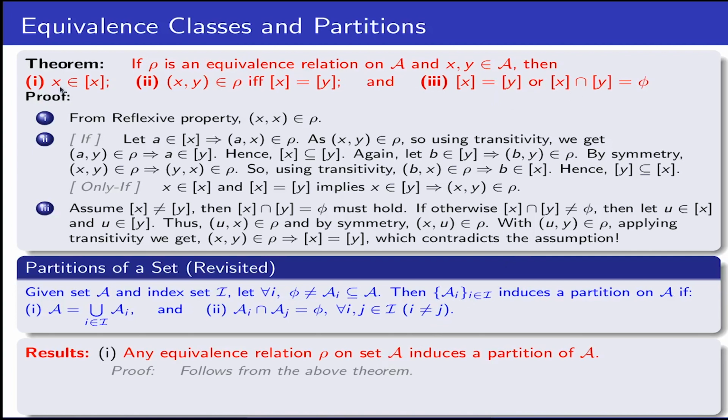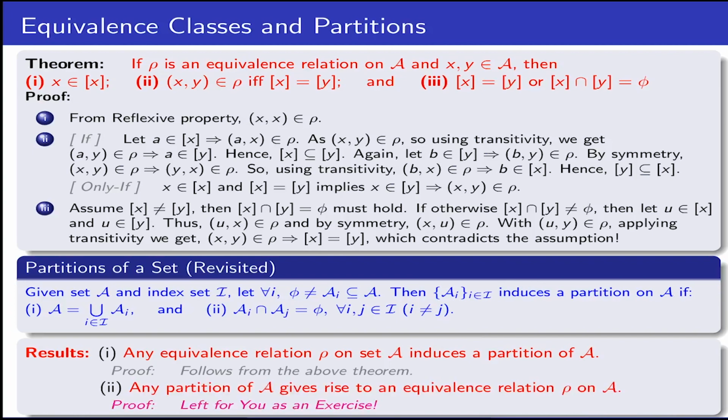Now I say every element belongs to some equivalence class. So this proves that if I have taken all the elements of A, I have put each of them in some equivalence class. And all those equivalence classes are disjoint, therefore all elements are present and they are disjoint. Disjointness is the partition's last condition, and all elements being present, that is, the union of equivalence classes being the whole set, is the first condition. So any equivalence relation, by looking at parts I and III of the previous theorem, directly gives me that it induces a partition.